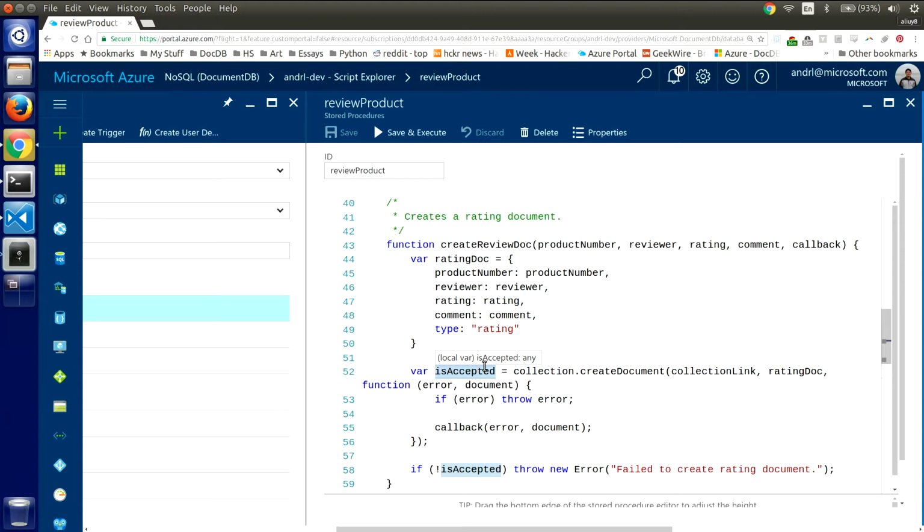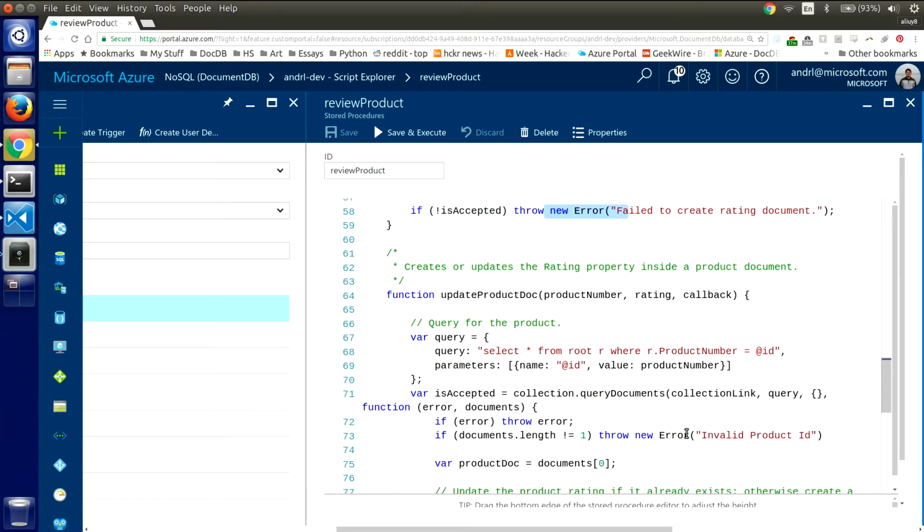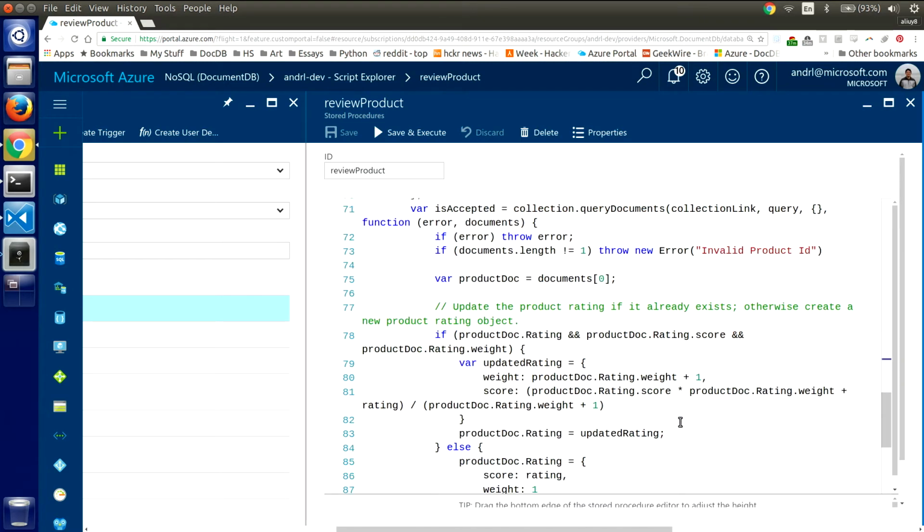Oh, okay. And just to make this easy as a signal for the user to know when they need to kick out and return a message to the client, each of these CRUD operations returns this true-false Boolean, accepted. And what I do here is if a CRUD operation was not accepted, then I throw an exception, and this is the signal to roll back. Whenever an exception is thrown, all of the logic within the stored procedure is rolled back. And this can be really nice for doing some validation.